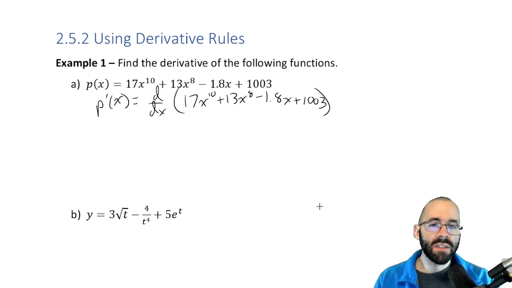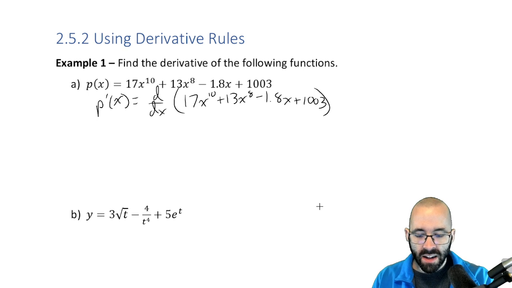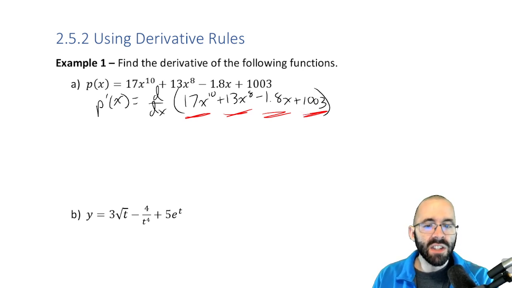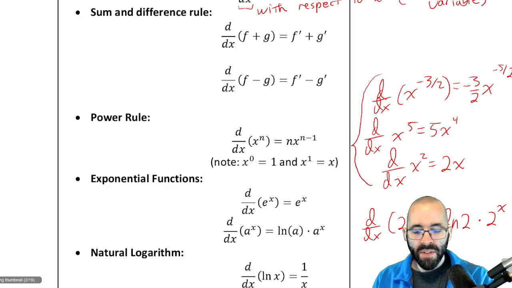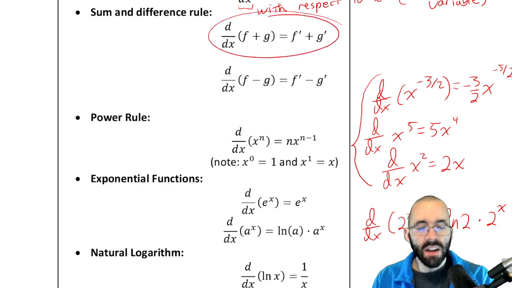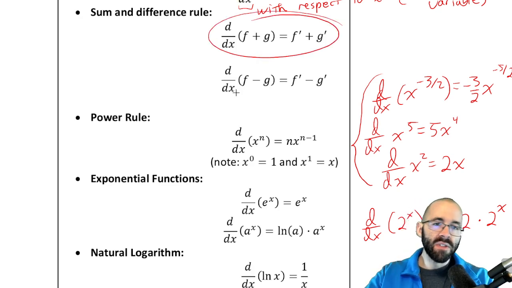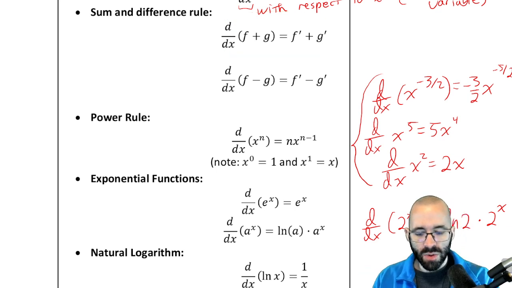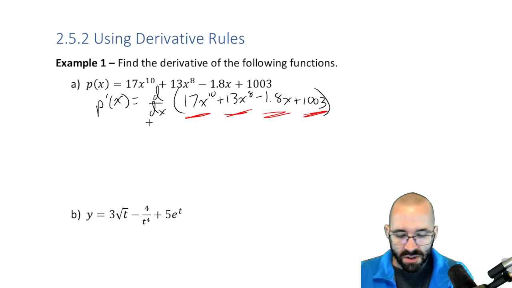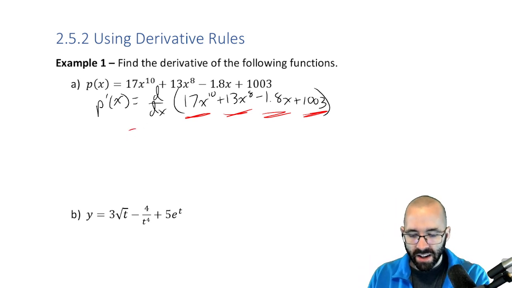And here's where the sum rule comes into play, right? We have a function here, plus a function here, plus a function here, plus a function here. We can just take each of these derivatives by themselves. That's what that rule says over here: if you're taking the derivative of something plus something else, just take the derivatives individually. Just really nice. So really what we have here, and I don't know if I really want to write this, but I'm going to, is this is the derivative